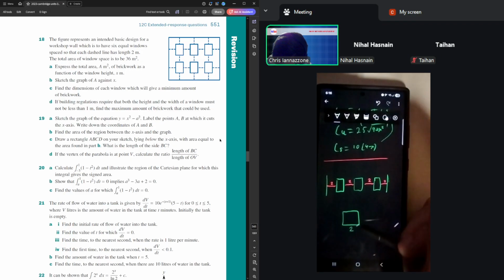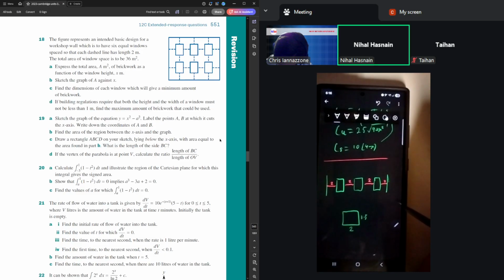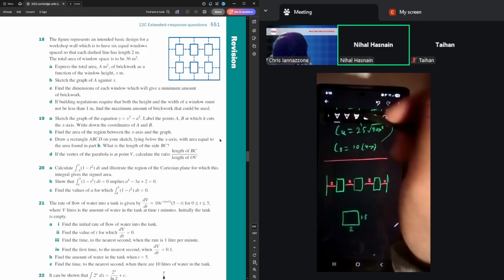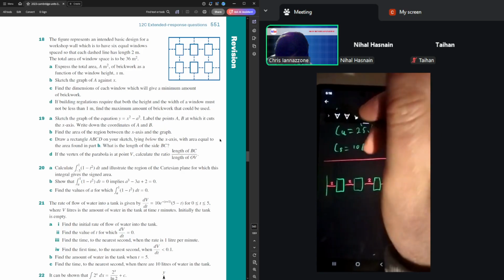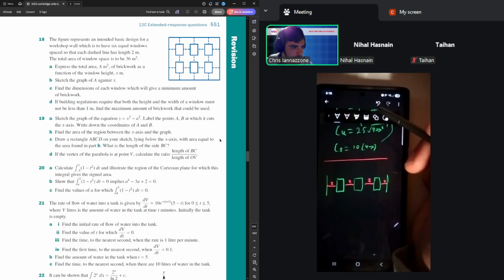Hang on. So do you mean like this? No, excluding the window part. Excluding all the windows. So if you remove all the windows, you're left with